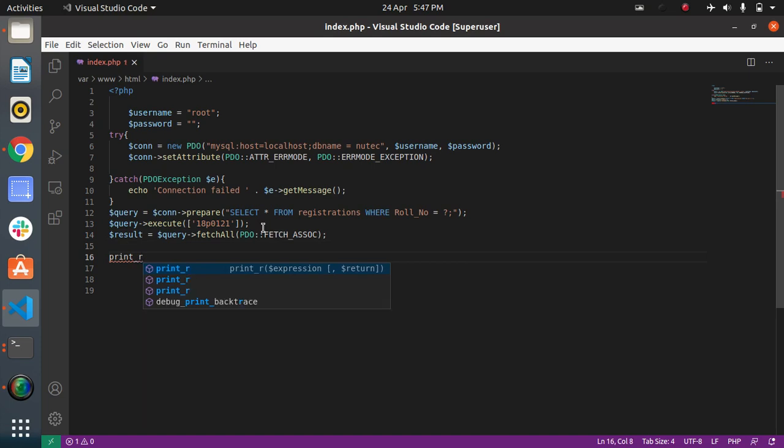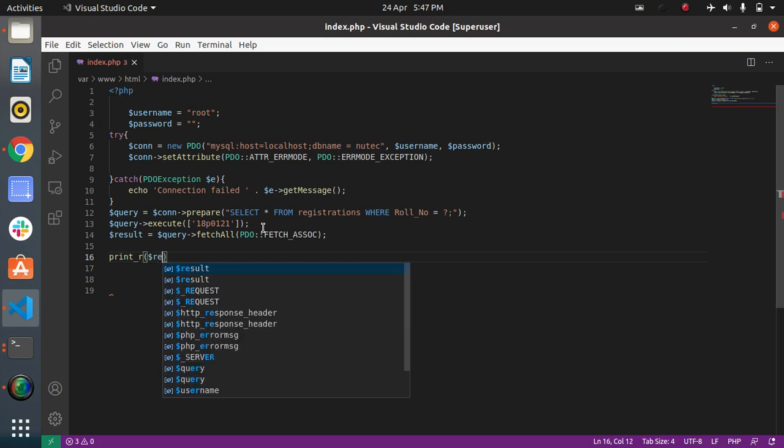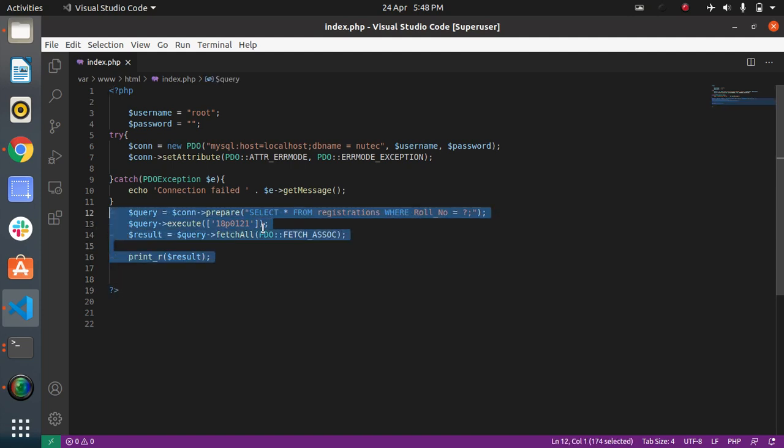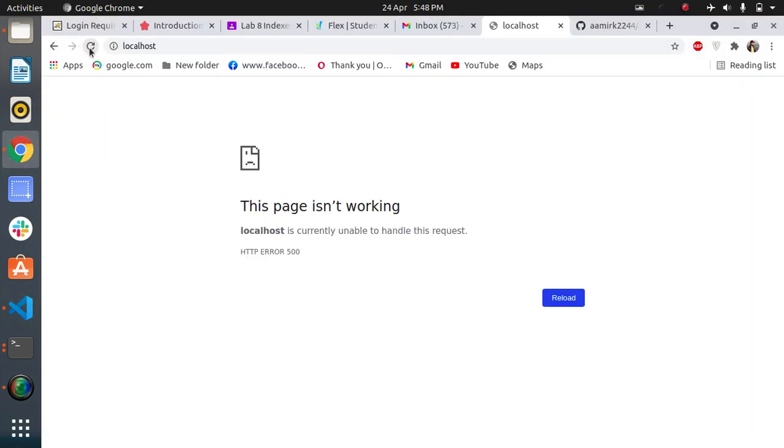If you are not aware of print_r, print_r outputs all the elements inside the array, and this result is actually our array. So print_r and the result, and let's close our PHP tag. So let's run this and check.